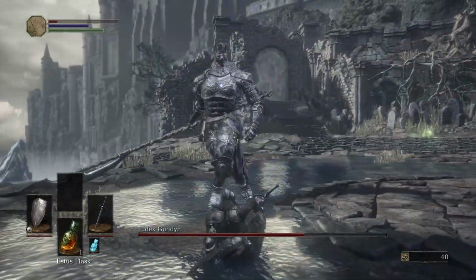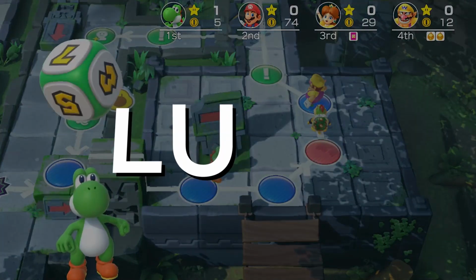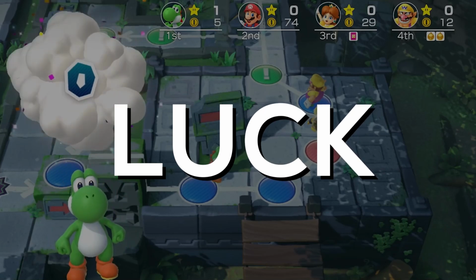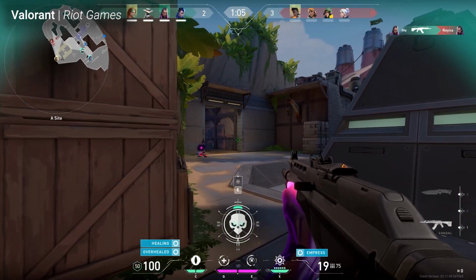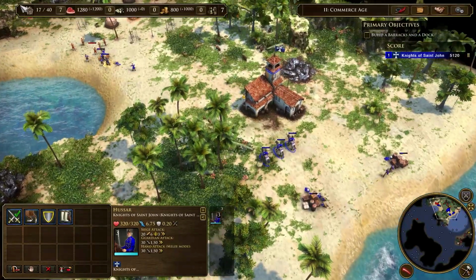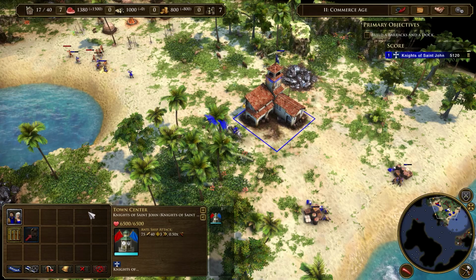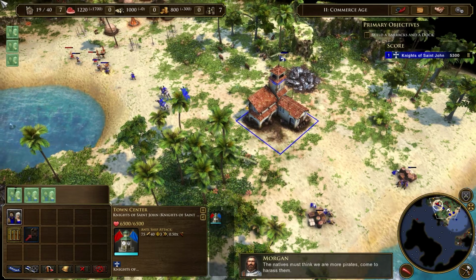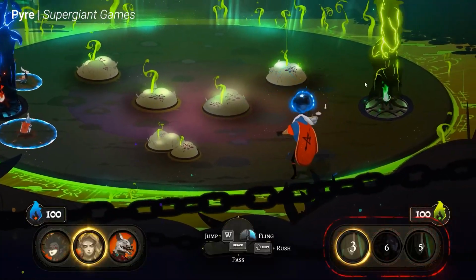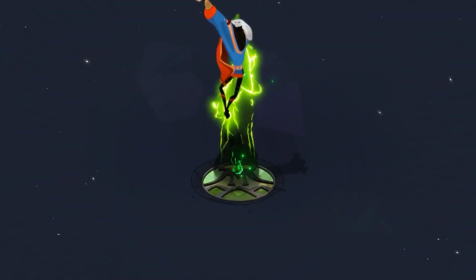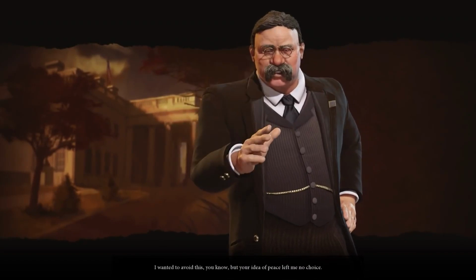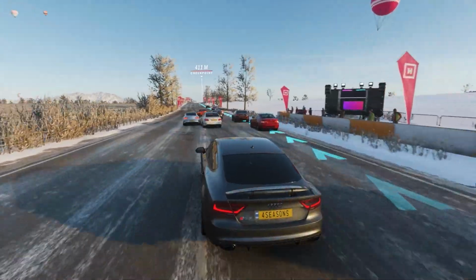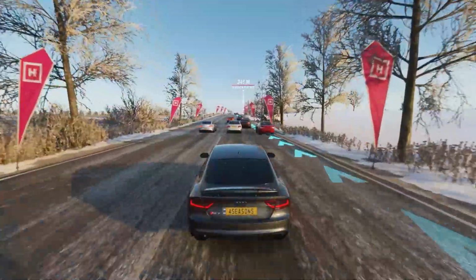So, how can we approach reducing these costs, or at the very least, make players perceive them as less than they actually are? Well, you could add randomness and luck into the game's design. This way, low-skill players would have a chance of beating better players, reducing both the effort and time necessary to reach a point where the game is reasonable. Another way to help low-skilled players is by creating negative feedback loops.